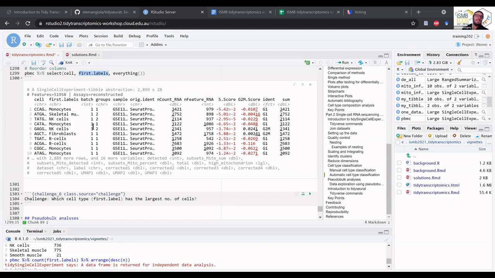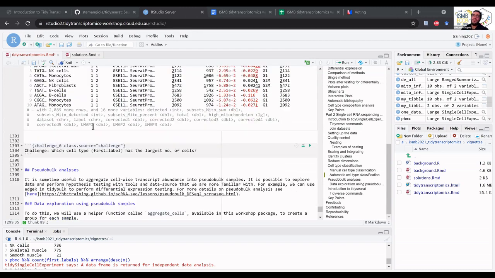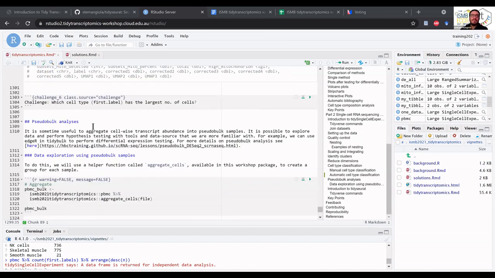Okay, so we are going toward the end. The last thing I wanted to show you is a pretty neat thing as it combines single cell and, in a sense, bulk analysis. And often, both for data exploration and for hypothesis testing, for example differential expression, we do what is called